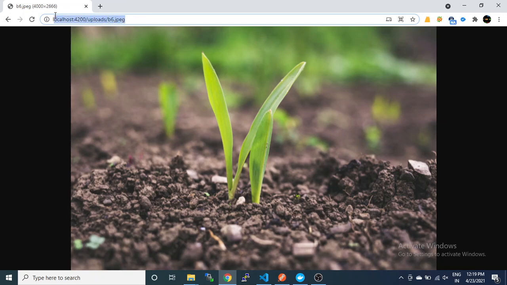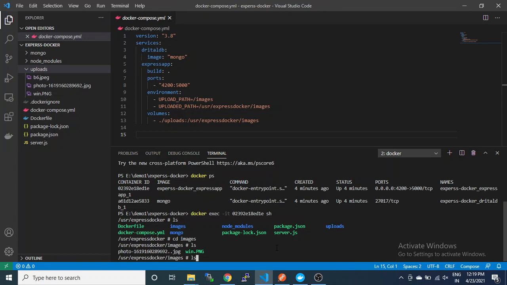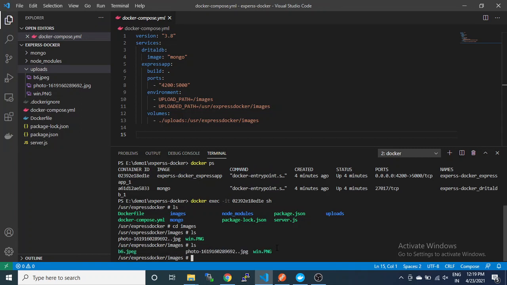Okay, so you can see the image which we have copied into the outside of the container is also retrieved. But here if we check it, here also we are getting it mapped, because this mapping is working correctly. Whatever we have done here will also be reflected in the images, because we hadn't saved or put the images here.